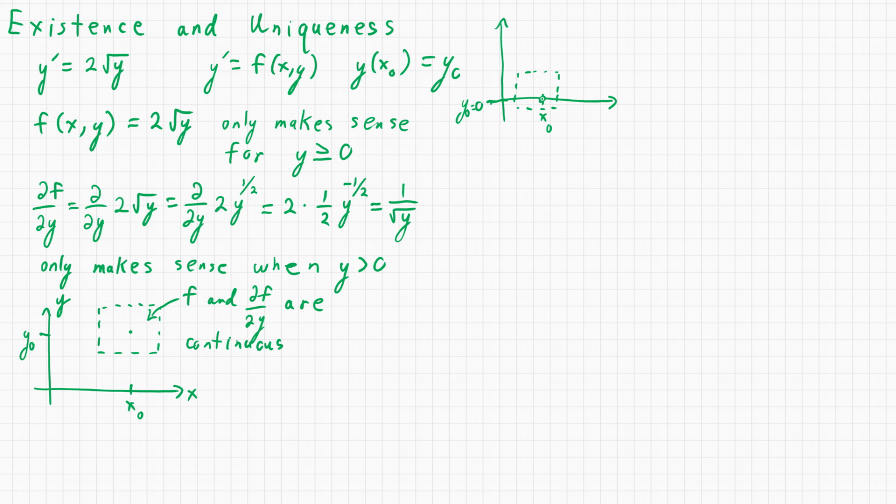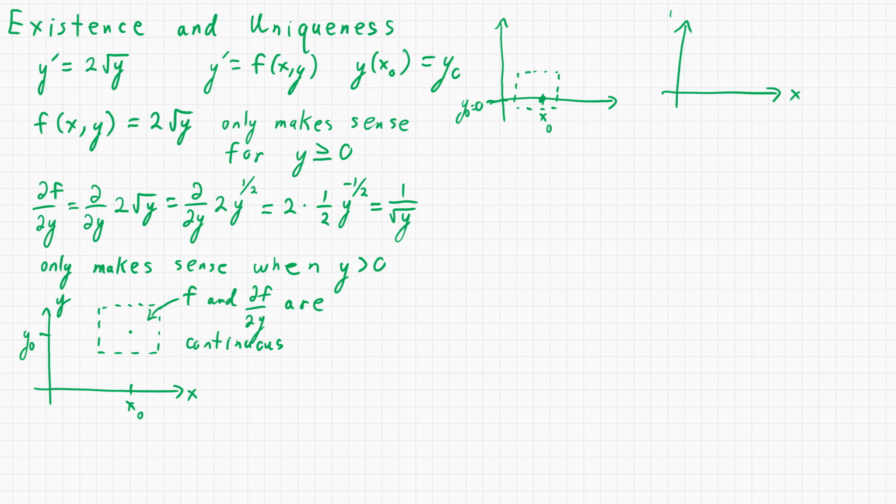So we actually don't know pretty much anything about what happens for the solution when it starts on the x-axis. We know for sure we have an existing and unique solution if the initial condition is a positive number above the x-axis, but we actually don't know anything if it's on the x-axis. And then to start lower,